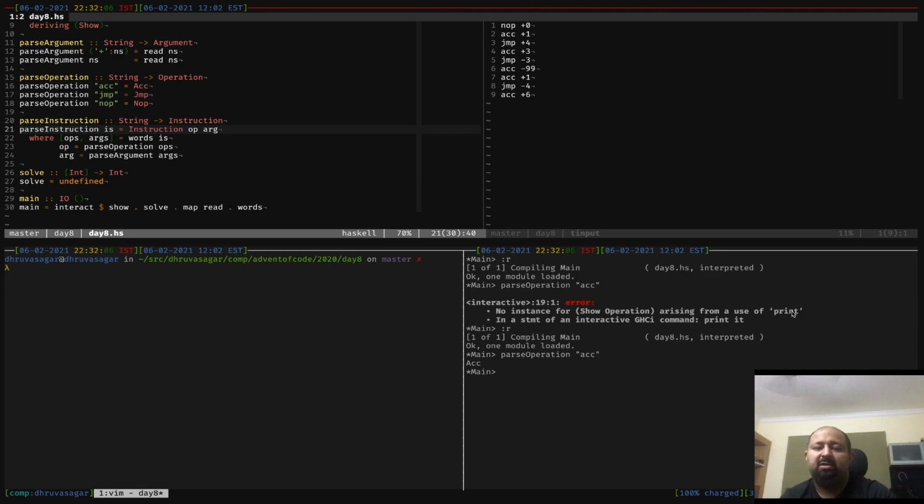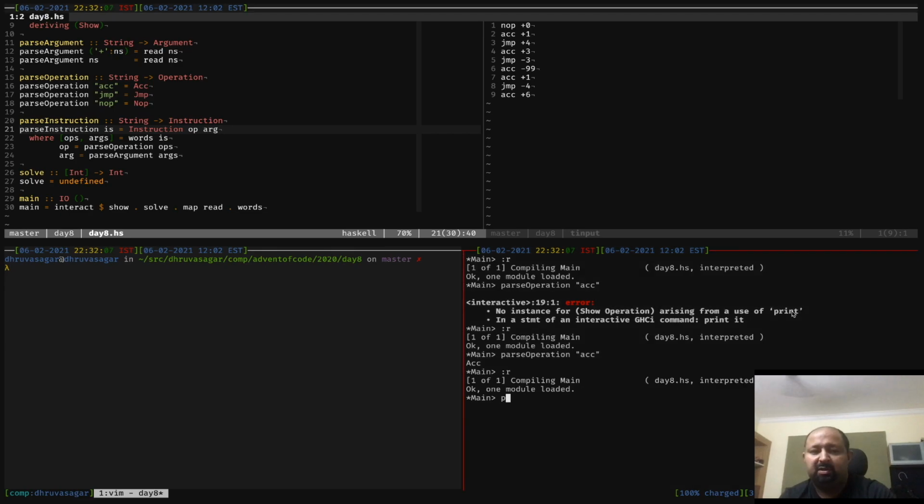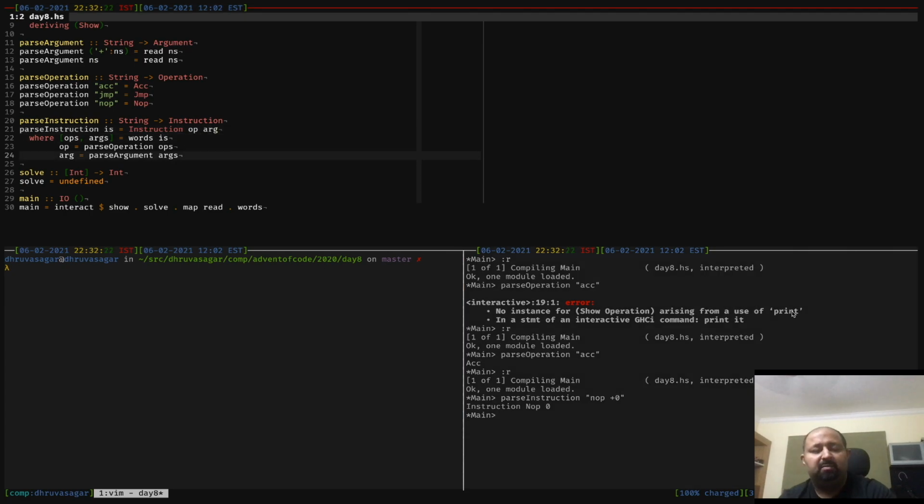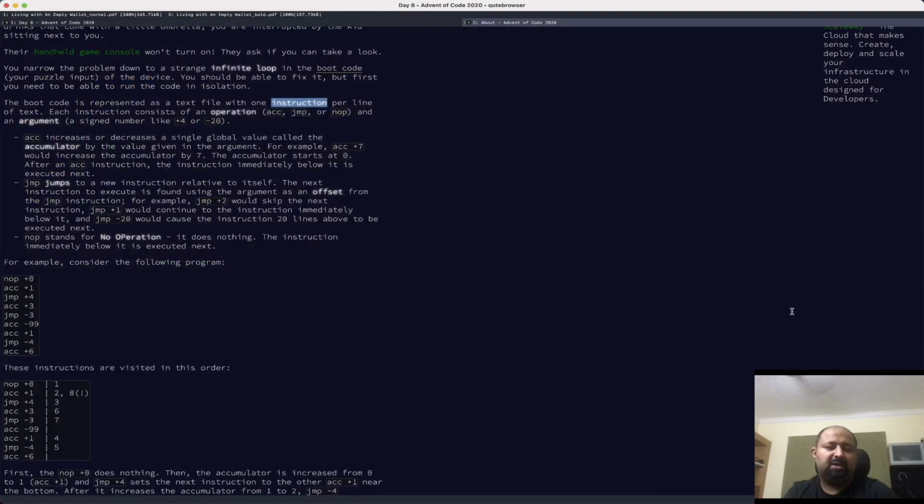This already passes. We can say parse instruction, let's say, oops, nop +0, and yeah, that works. So we are now successfully able to parse it. Okay, so I think we have everything we need in order to parse the